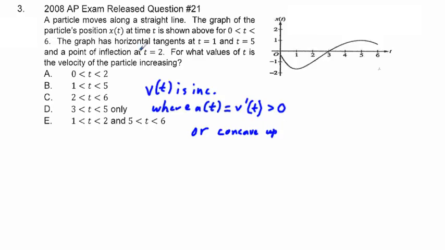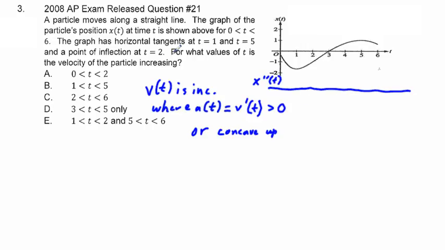Now, when you talk about speed increasing, you've got to look for acceleration and velocity having the same sign. But for velocity increasing, it's just when acceleration is positive, greater than 0. And I'm going to draw a number line right below. I tell my students that number lines are our friends. So if we draw a number line and put x double prime of t, which is acceleration,